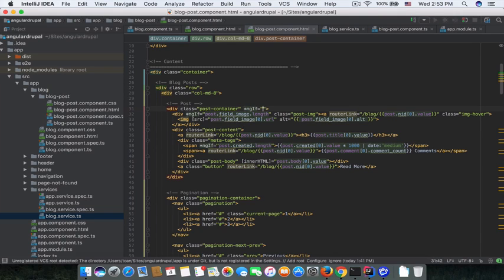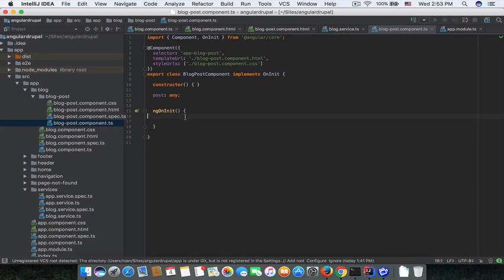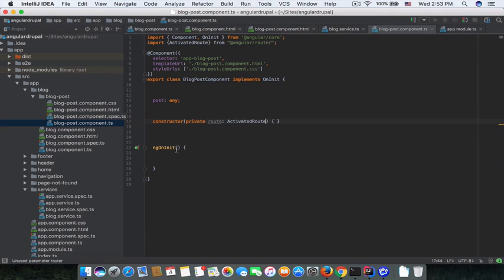If post, that means we have a post. And now in block post component, I need the post. Okay, now private router, activated router is also automatically imported. So inside of ngOnInit,